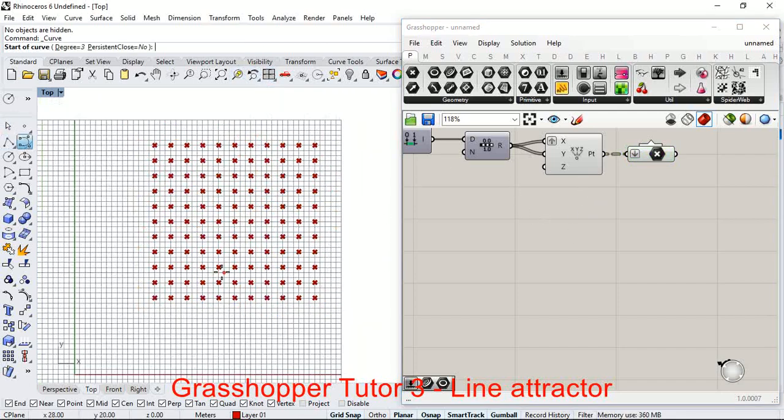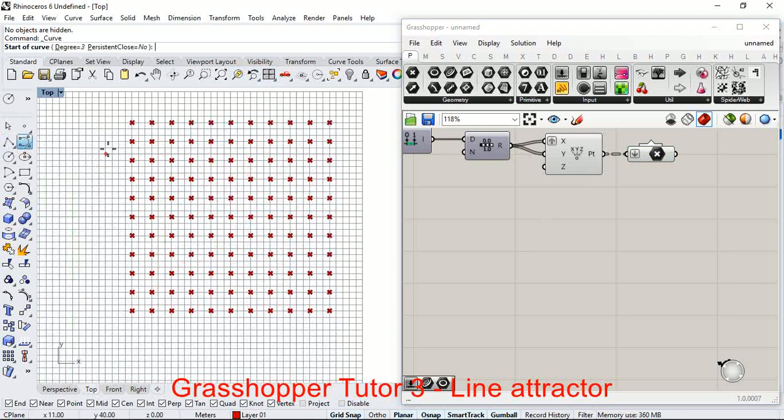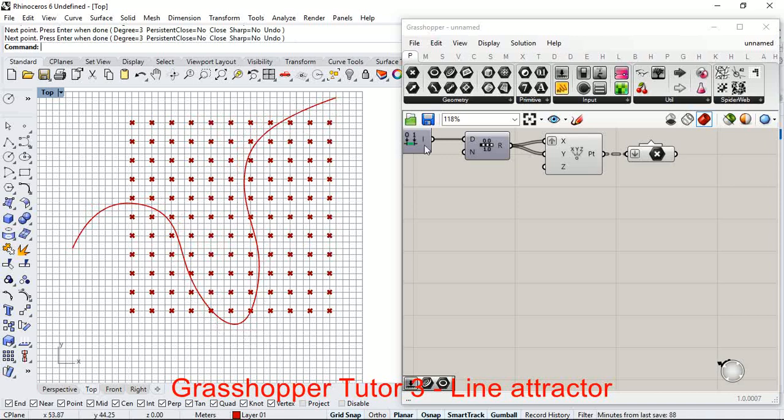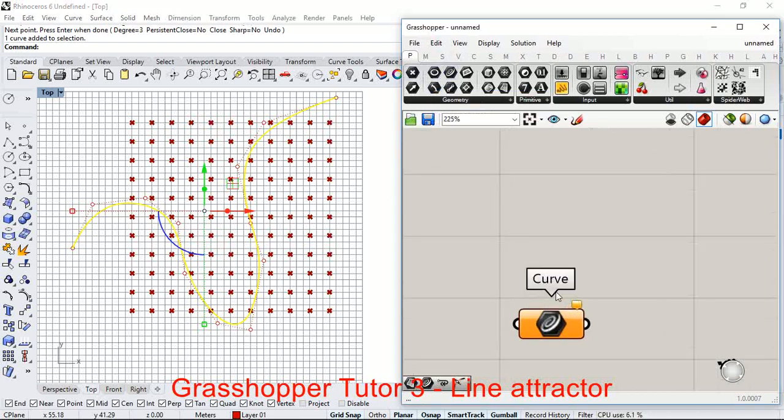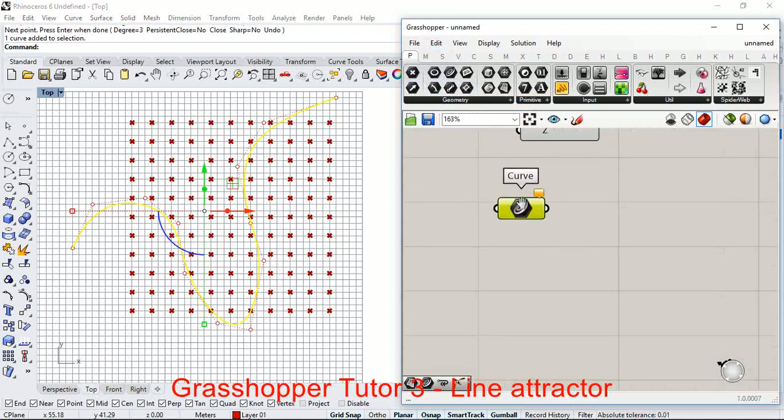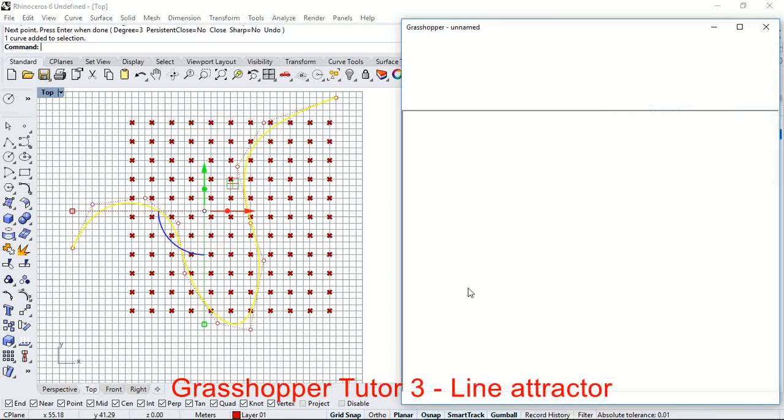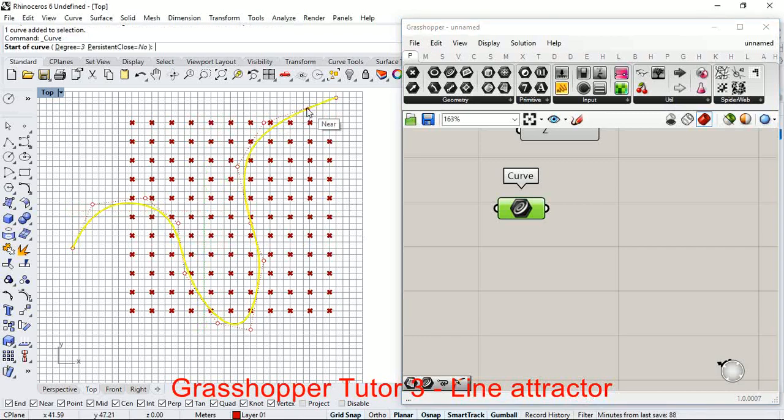Then the next one would be to have the line which you want it to be as a tractor line. So what I would do is, for example, the line would go here, and it goes out here. So what I would do is go here, and I want to define this point, a curve. Then I'll right click on the curve and set one curve. So there is an enter. Then now we have these